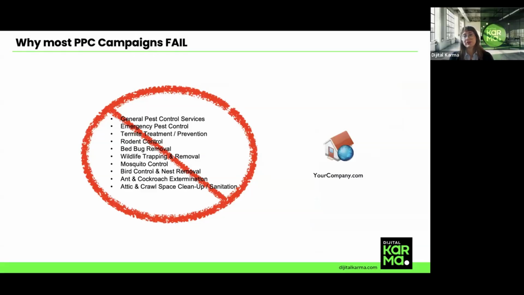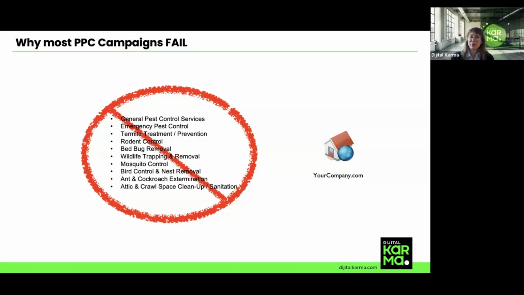So if someone is searching for termite treatment, they should see an ad that mentions termite treatment. And when they click, they should land on a specific page about termite treatment, not just your home page. And not just a page where you put a termite picture and a title. So there should be information about termite treatment because Google wants to align your keyword, the ads that contain your keyword, and the landing page. Most agencies don't go that deep.